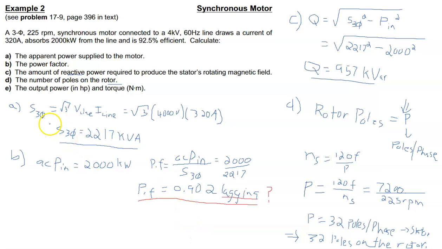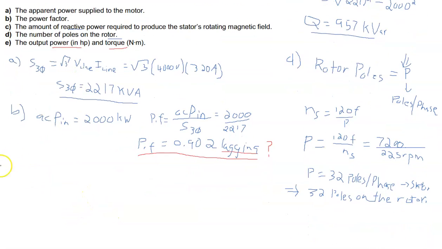Okay, so the last thing that we're asked to do there, well, actually there's two things, I guess, is find the output power in horsepower and the torque in Newton meters. And you'll notice that, again, I did not ask for torque developed, and that's because we don't know enough to come up with a value for mechanical power developed by the rotor system. And so we are given our efficiency